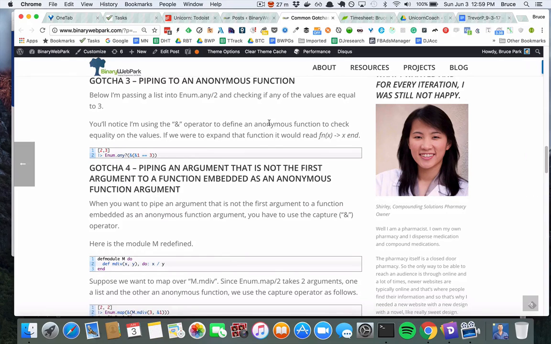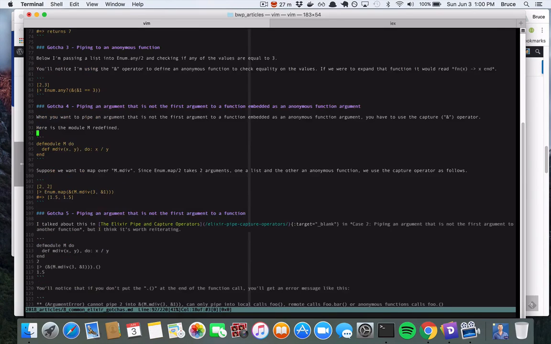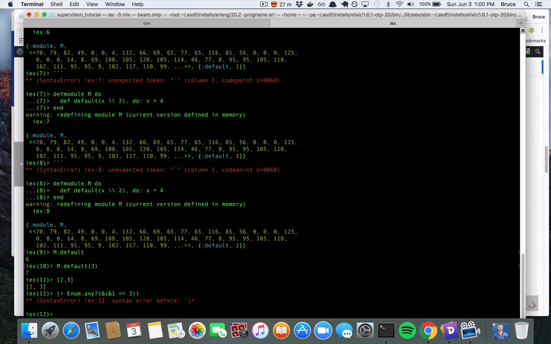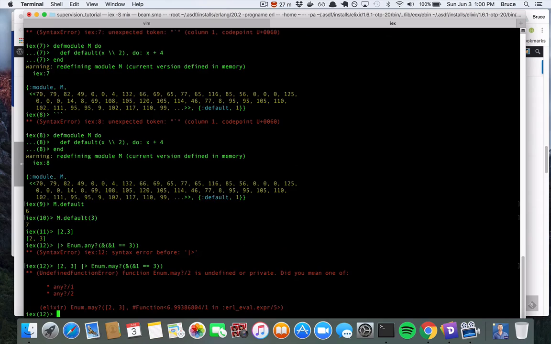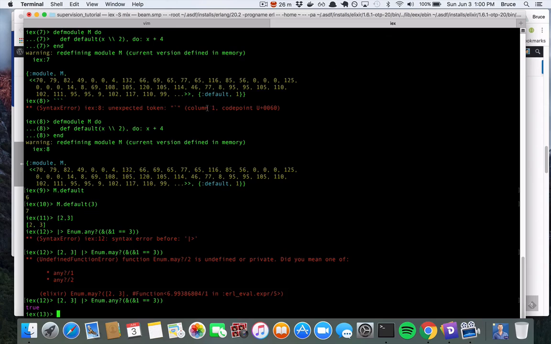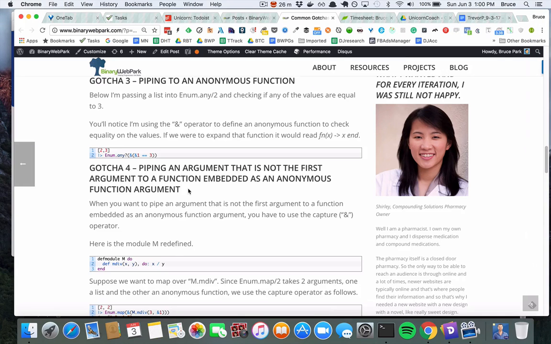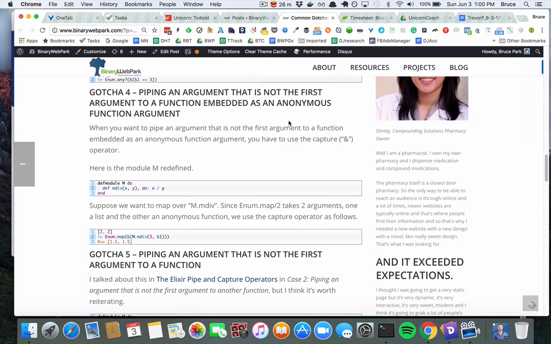The other gotcha is piping to an anonymous function. This will be interesting. I guess I'm going to have to manually type some of this out. Oops, not Enum.map, it's Enum.any? So true. Basically what I'm doing is asking whether any of the elements in the list equal 3. So basically, when you want to pipe an argument that is not the first argument,